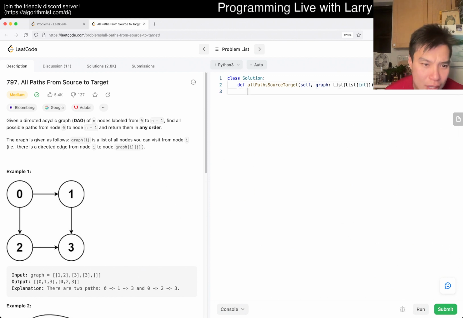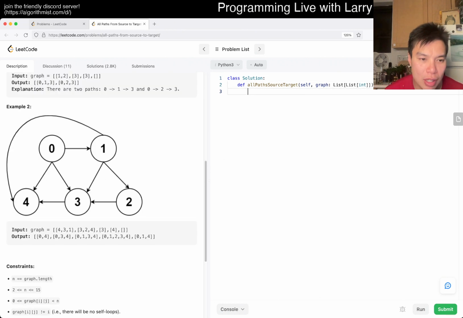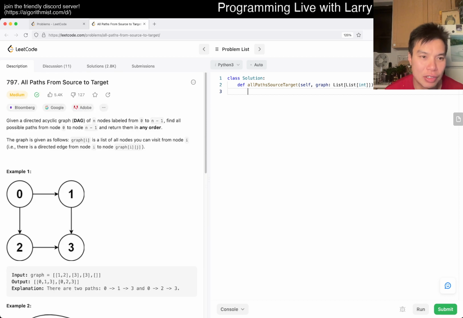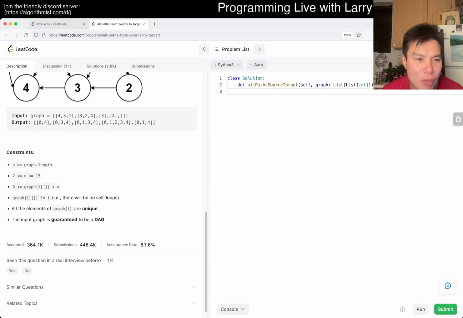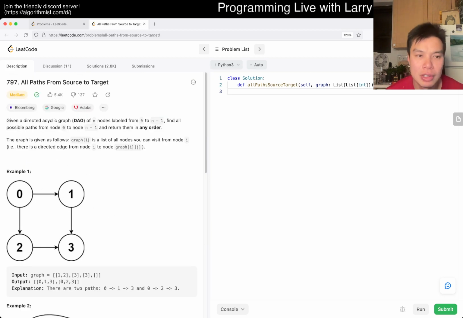Okay, so what is this? It's a directed graph. It's a DAG, in fact. So we have n nodes and we have to find all possible paths, and we can return them in any order. There are a couple of ways you can do this, but the thing to note is that